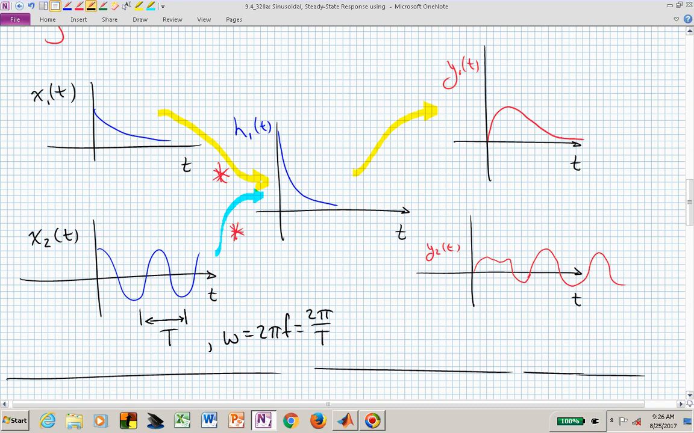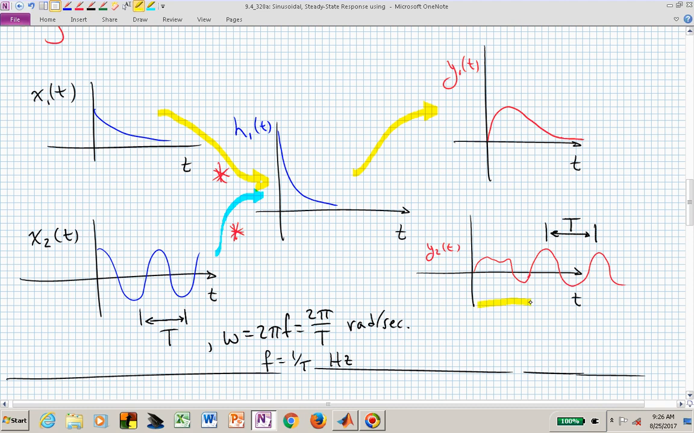meaning if we measure T, then we know the frequency in hertz by its reciprocal, or we know its frequency in radians per second by looking at 2 pi over T. And we will see then that this waveform has the same period in the steady state